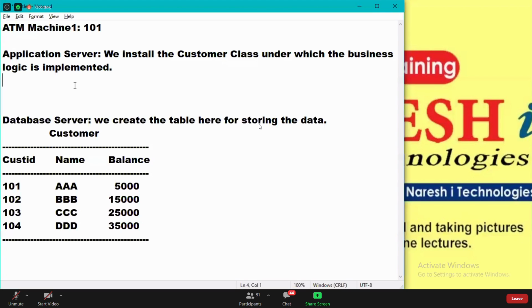On the application server, we have the customer class now, so it will create an instance of the class here. Customer is equal to new Customer. The instance of the class is going to be created there. The constructor takes a parameter, the customer ID, and that customer ID will be passed there. You can see the customer ID passed over there now.